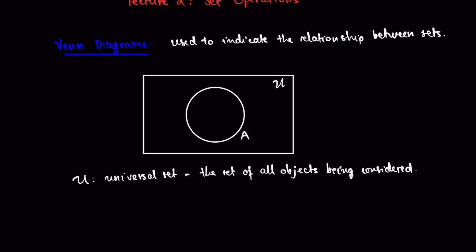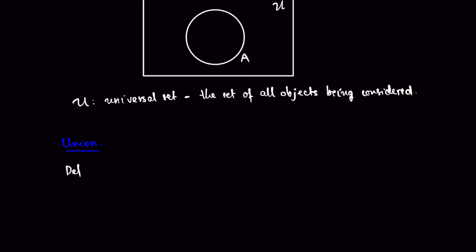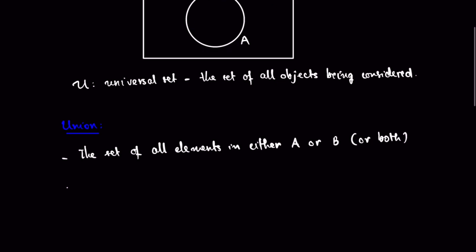Alright, when we talk about set operations, including union, intersection, so on and so forth, not only can we think about definitions of the operations and the notations that we can use to perform the calculations, but also use the Venn diagrams to illustrate the point that we're trying to make. So the first set operation I want to introduce is called union. So the union is the set of all elements in either A or B or both. The notations that we use